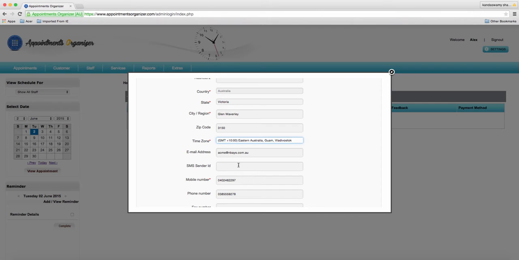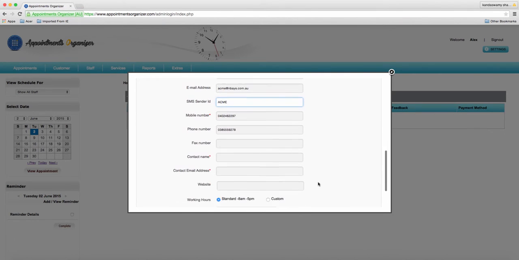and you have to enter the email ID and SMS sender ID. This is what your customers will be getting the message. It can be alphanumerical, and now we are entering as ACME. So the customers will get SMS in the name of ACME,